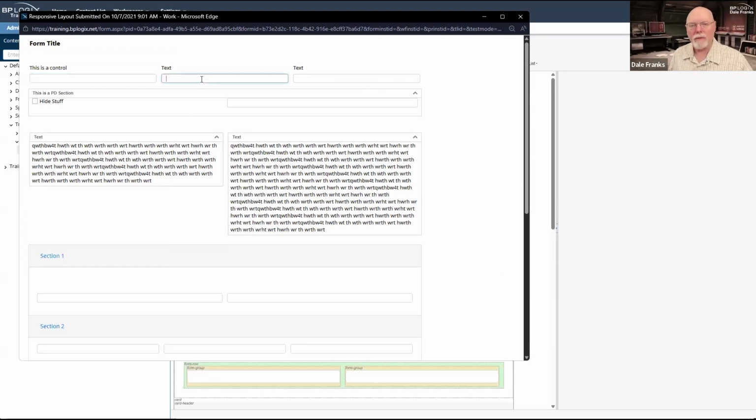Now, one of the things that the responsive layout controls do is they implement a CSS framework called Bootstrap, and Bootstrap provides styling for all of your form elements. Now, there are certain things that are controlled at the form level above the design level. For example, the default font that you use.